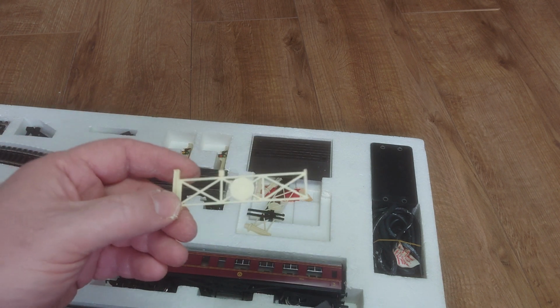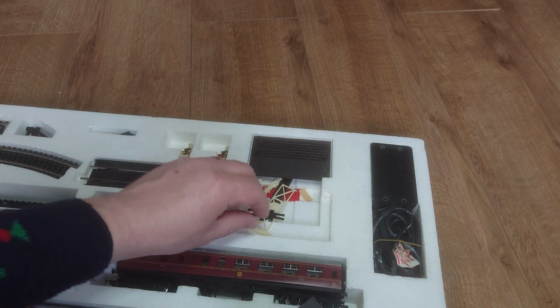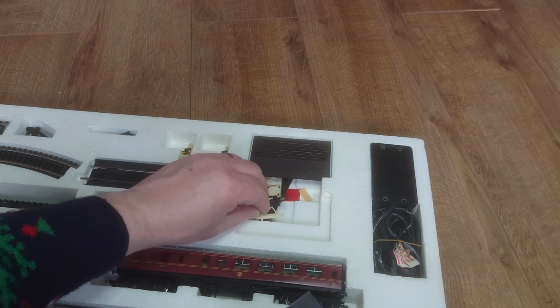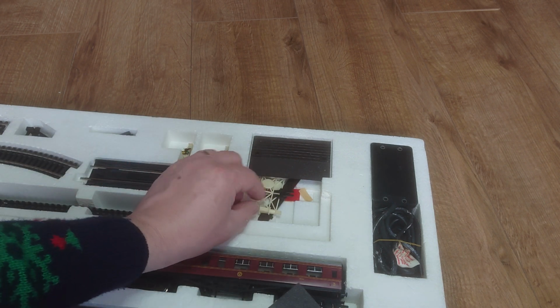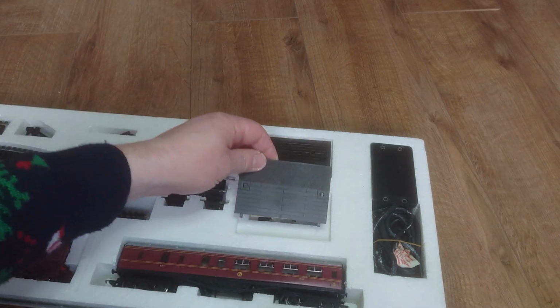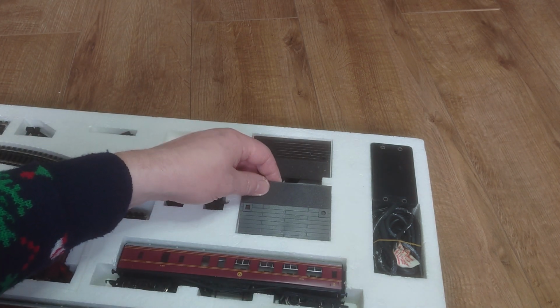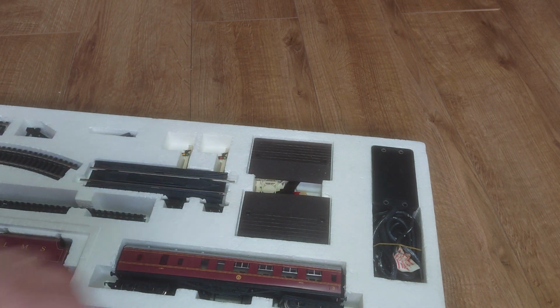But I'll do that on the running session, set the level crossing up, and we can have a nice running session. All the components are there for the level crossing, it's all there. It's in very good condition. There's little holes, yep, there I found them, that they sit in, so it clips in for the level crossing. The power controller,